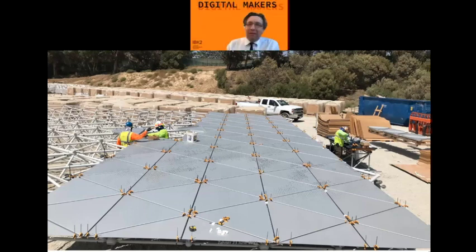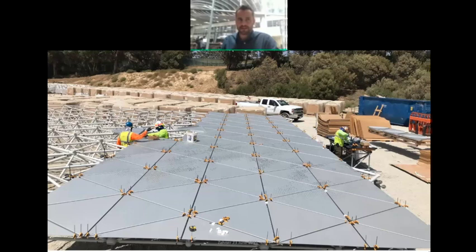So that adds another question: how many times did it go wrong on this one? During the process, I think there were maybe 20 panels that were misplaced over time. It usually happened when we shipped them to the anodizer, because they had to be dunked in an anodization tank. There were some missing things there, but it was extremely minimal. And then we were easily able to identify the missing panels, quickly refabricate those specific panels, and then ship them